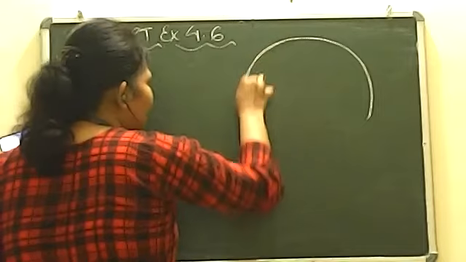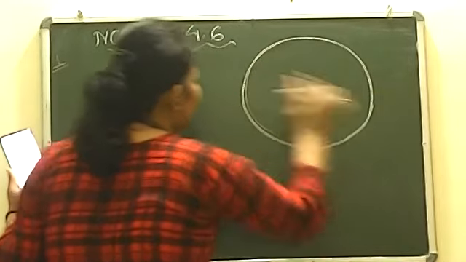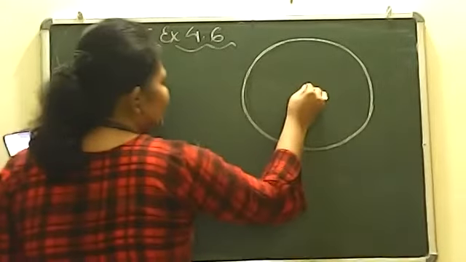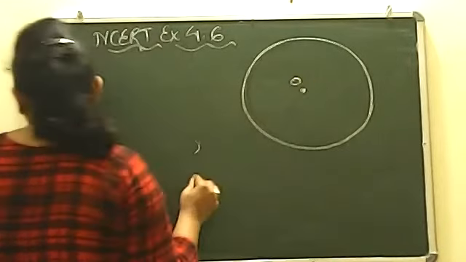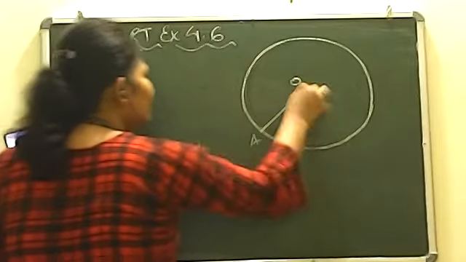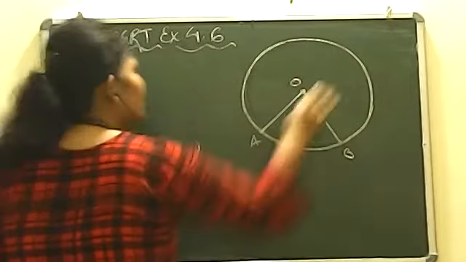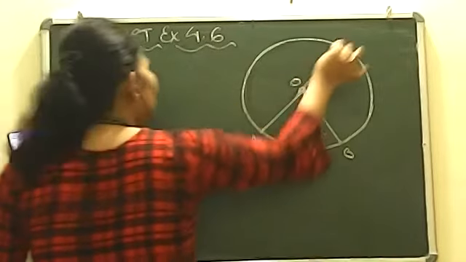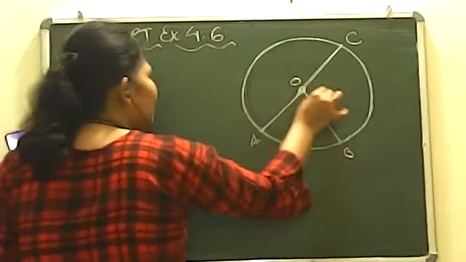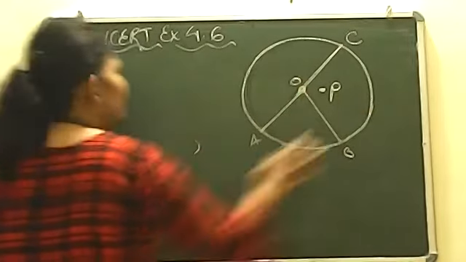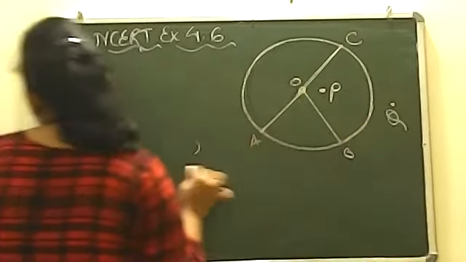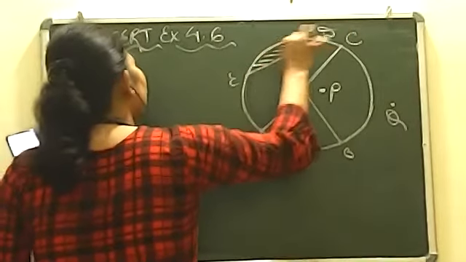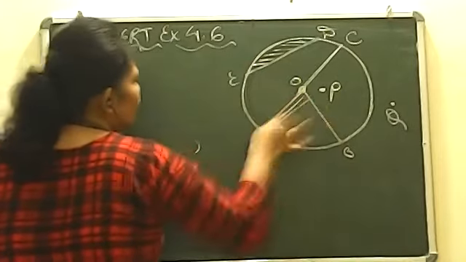There is a figure drawn related to a circle in your NCERT book. The figure is of a circle. One center is drawn, that is given here as O. Here A is marked. This is B here. This is another one. Here the name is C. Here one point is P. Here one point is Q. Here we have ED, and this is shaded. And this is also shaded, beta.